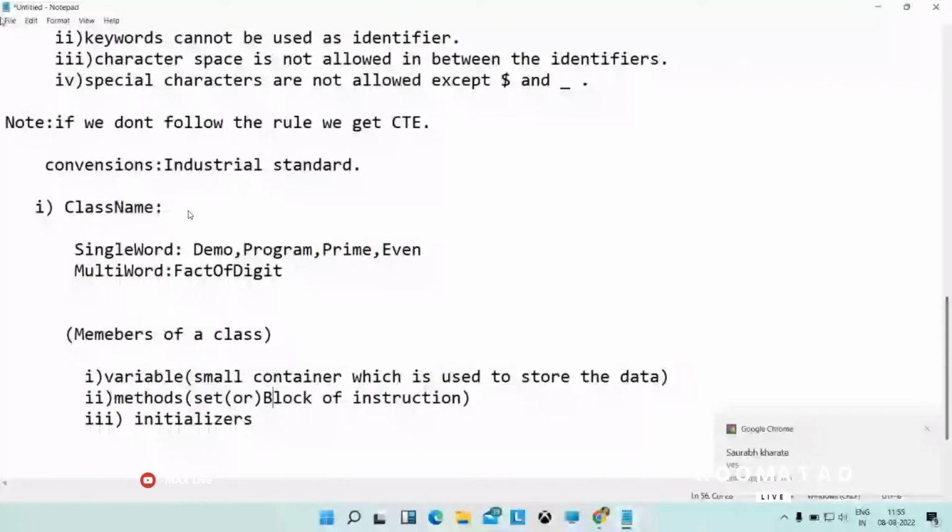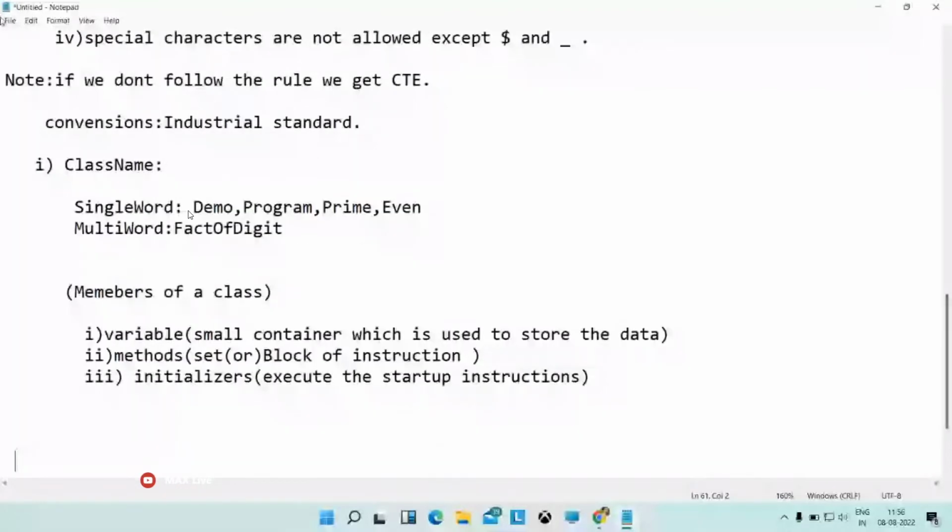Then what are initializers? These initializers are used to execute the startup instructions. Now, if you take variable,